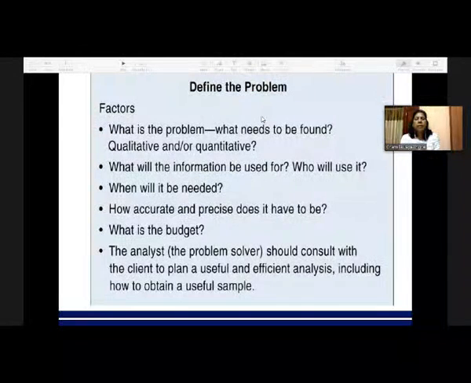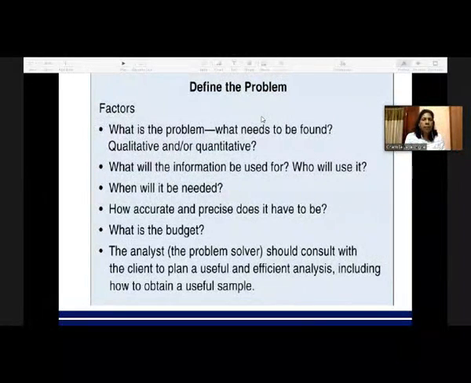What is the budget? That is also important. As I mentioned earlier, there are a number of methods available to analyze the sample. But we have to think about why we need this data, as well as what the budget is, or what money we have to spend for that. Because sometimes, let's say now calcium or phosphorus determination, we can do the phosphorus determination by